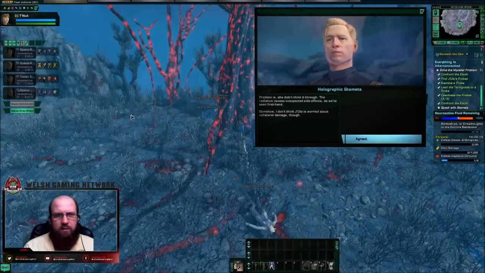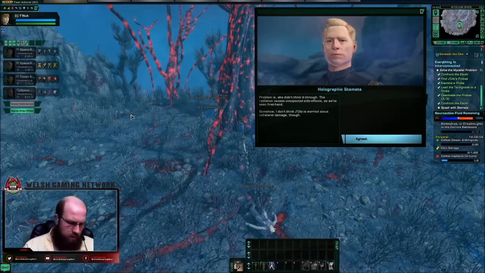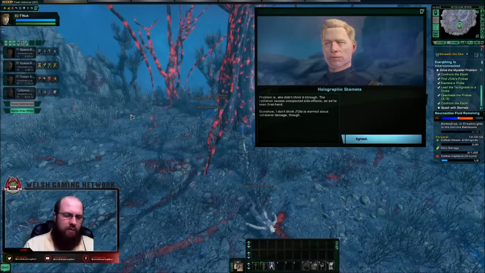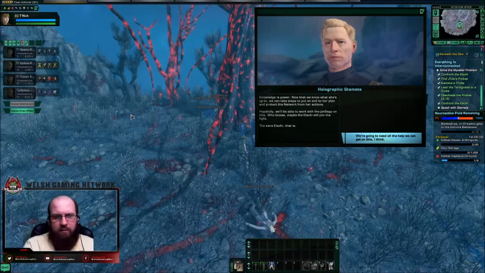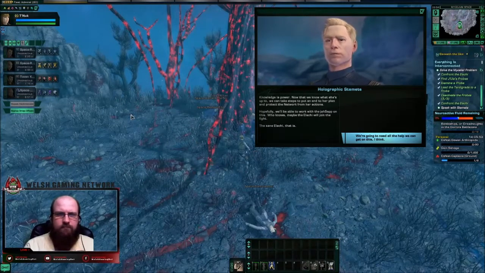Problem is, she didn't think it through. The radiation causes unexpected side effects, as we've seen firsthand. Somehow, I don't think Jaula is worried about collateral damage, though. No, she has a weapon of mass destruction. Why is she worried about a few deaths? Knowledge is power. Now that we know what she's up to, we can take steps to put an end to her plan and protect the network from her actions. Hopefully, we'll be